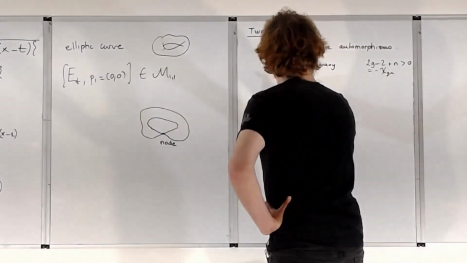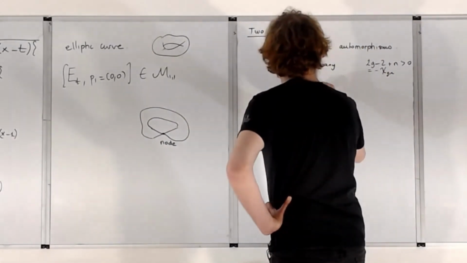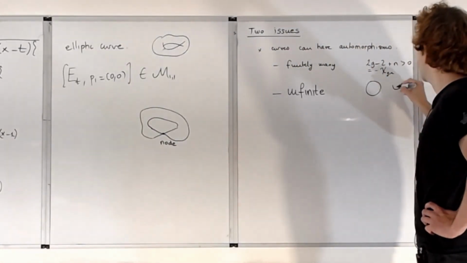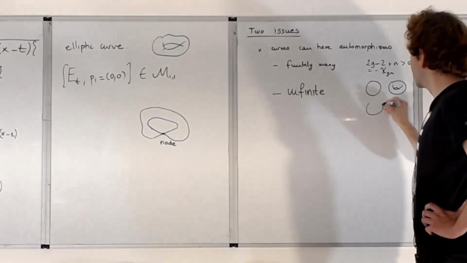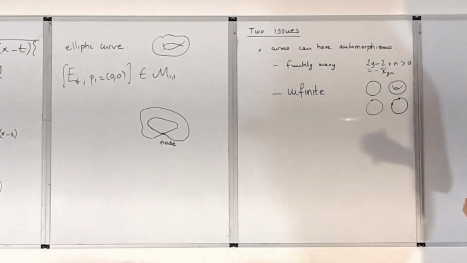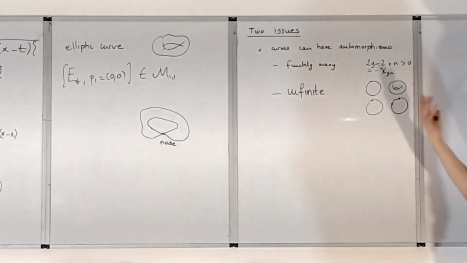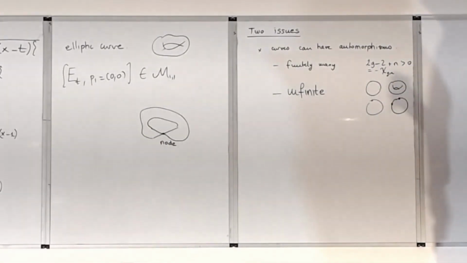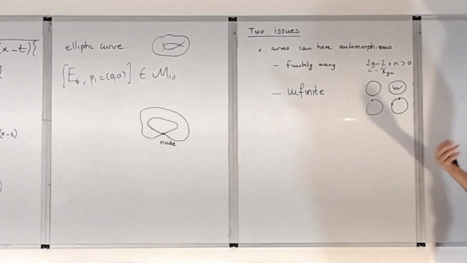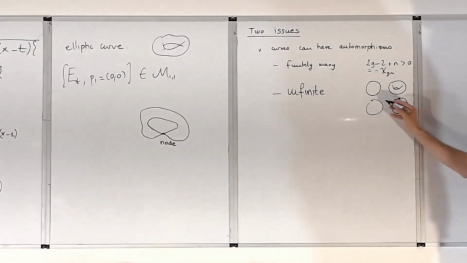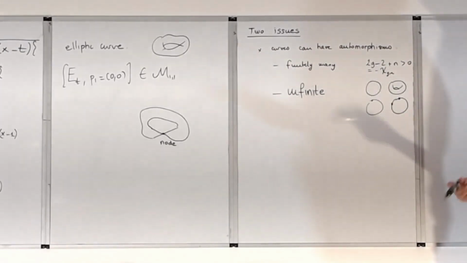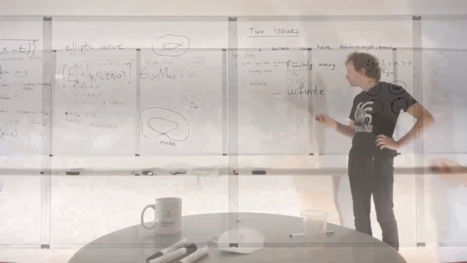In all the other cases, when you have infinitely many automorphisms, that would correspond to the sphere, the torus without a marked point, the sphere with one marked point, the sphere with two marked points. So on the sphere, for example, you know that the group of biholomorphic maps from the sphere to itself is PSL_2(C). So it's something of dimension 3. If you fix 1 point, it's still something of dimension 2. If you fix 2 points, something of dimension 1. If you fix 3 points,